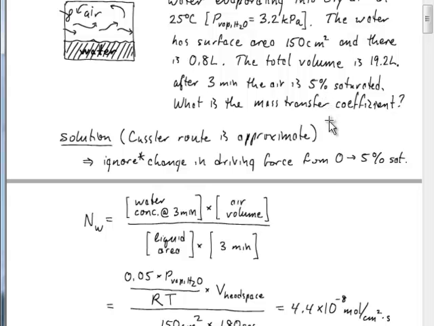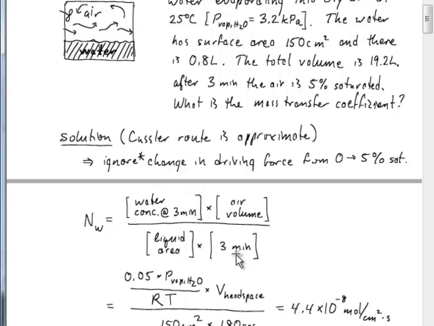And we can take the total amount that has been transferred into the air, that is the water concentration after 3 minutes of time has elapsed in the air, multiplied by the volume of the air headspace, and then divide that by the area for transfer and the time elapsed, right? So the only approximation that we're making in writing down this equation is that the concentration difference here, which is represented by this term, right? So you've got water concentration after 3 minutes minus 0, as though the air has nothing in it, right? Well, obviously at 3 minutes it does have a little bit of water in it, but we're going to ignore that because